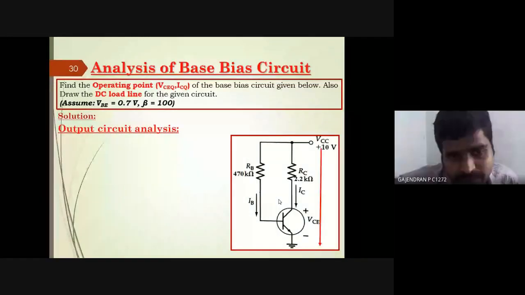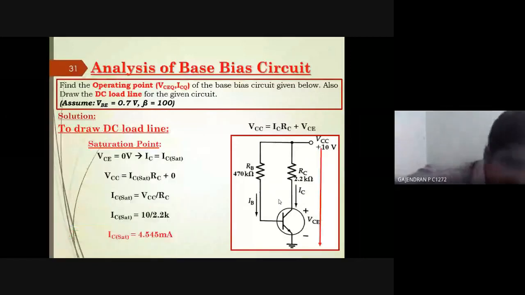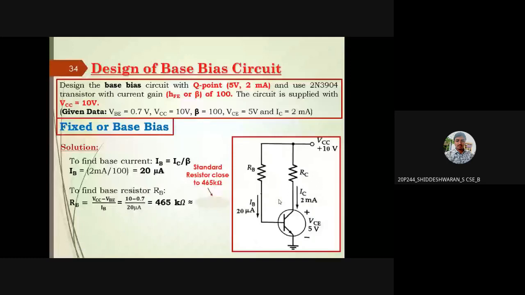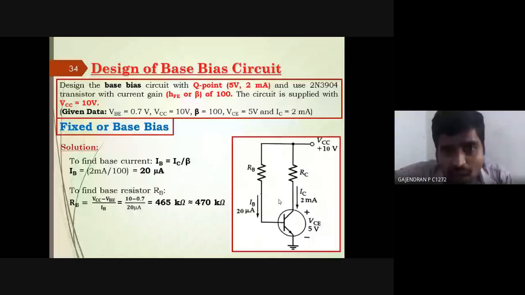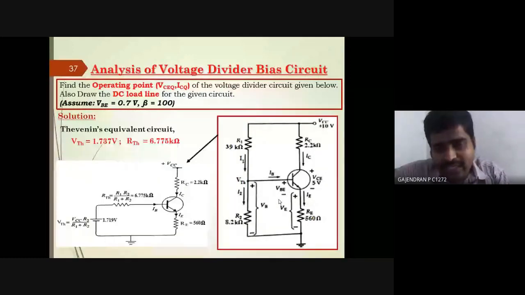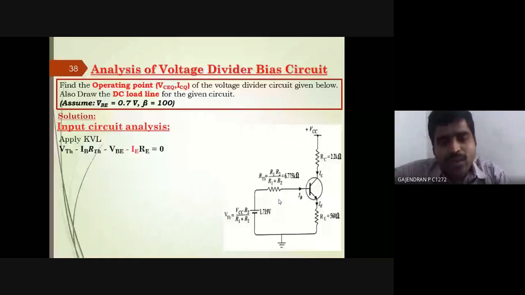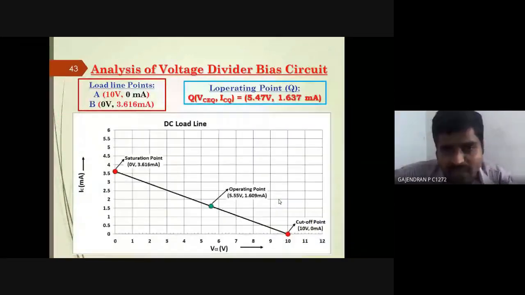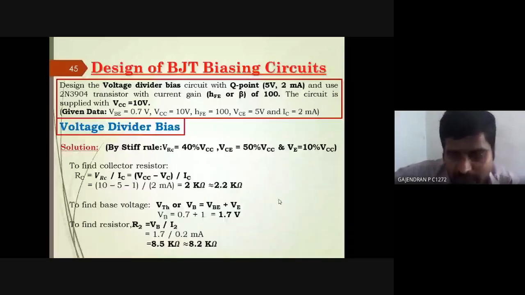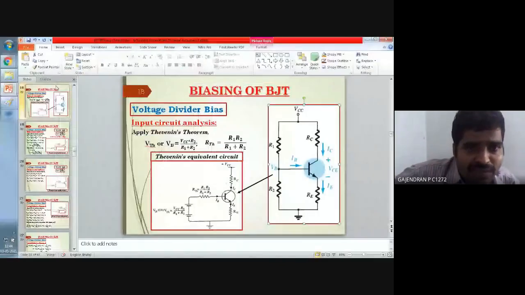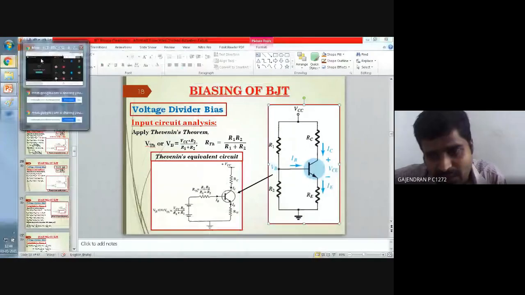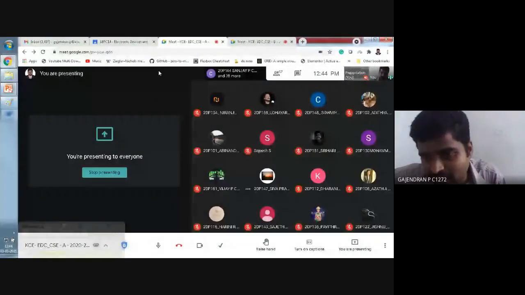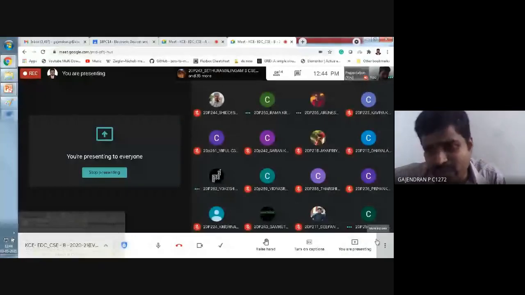Please have a calculator. We will solve 1 or 2 sums in tomorrow's class. With this, half of the transistor portion, that is our module 2, will end. Tomorrow it is only sums. Let me plan 20 minutes to finish. I need your cooperation to solve those things. Have a calculator in your hand. Do it on your own. Exam